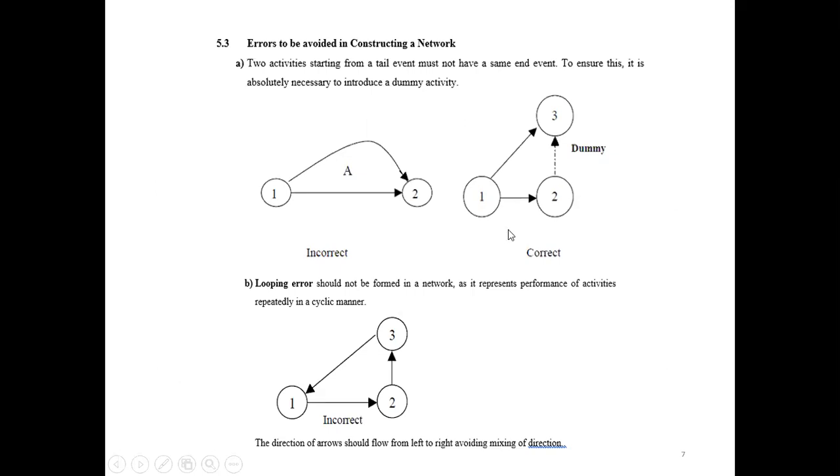So how can we draw this? This is the first event. This is the A activity. This is another activity. When these two activities end with another event, for whichever one I have taken here, make this an event. Then from here the dummy will start. Then the third activity arises. So that cannot be. This is the wrong way.